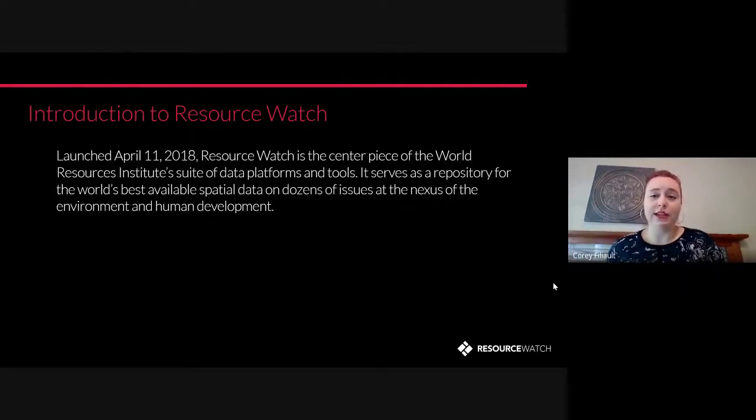Resource Watch is designed to be kind of the capstone of this promise, but there's also another dozen or so, I'd say, open data platforms that were a part of this. You may be familiar with Global Forest Watch or Aqueduct, which measures water risk. So anything you see coming out of WRI is open source and is something that we're eager to share with